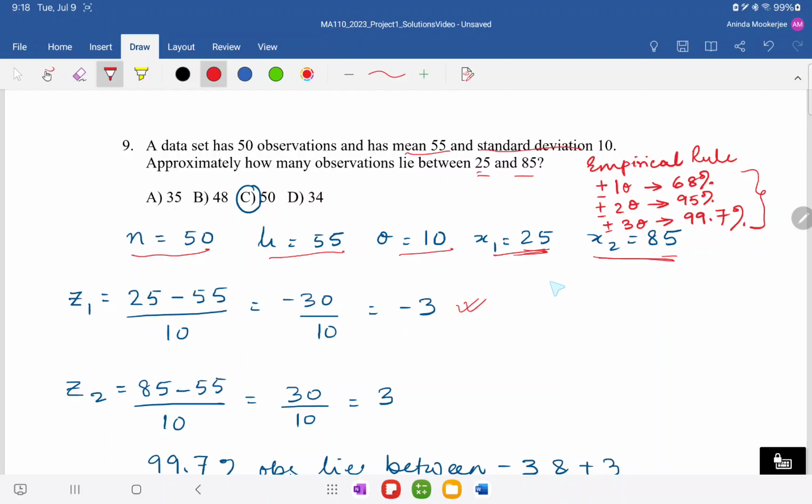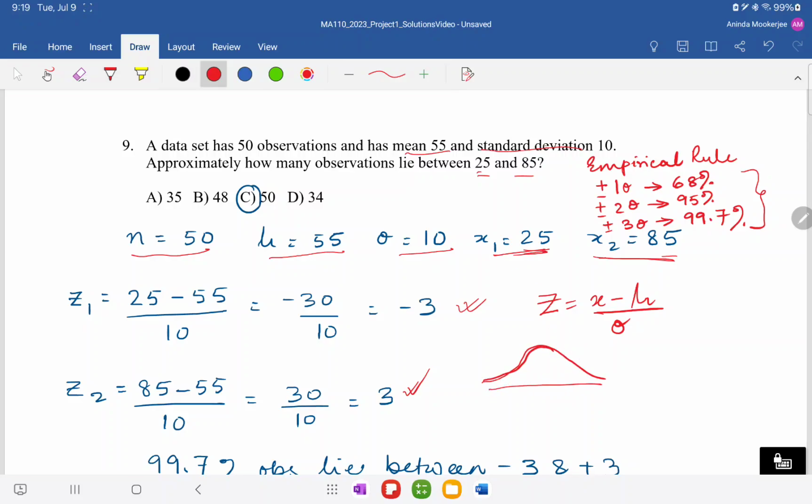The other one is 85. That's x sub 2 minus 55, which is the mean, divided by 10. So here we are just using the formula for z value. Let's write it up front here. It's x minus mu over sigma. Right? So we get 30 divided by 10 for z sub 2, which gives us a z sub 2 value of 3. So the question is asking us to find out what percentage of observations would lie between minus 3